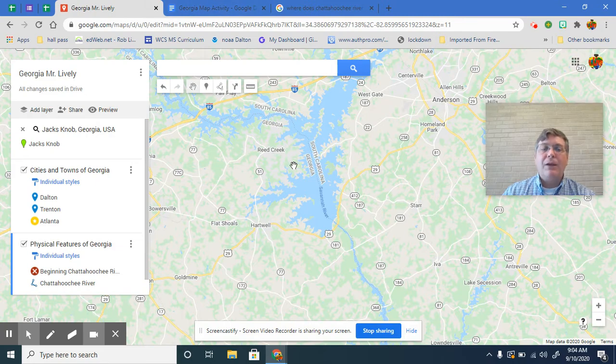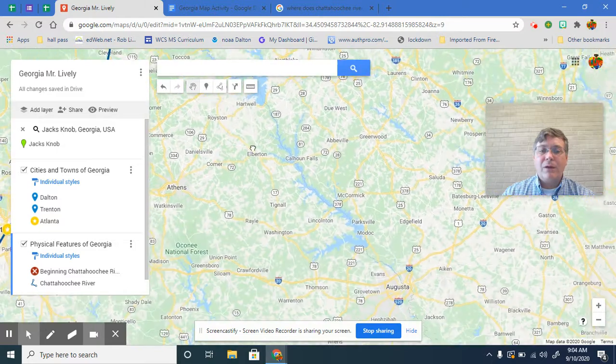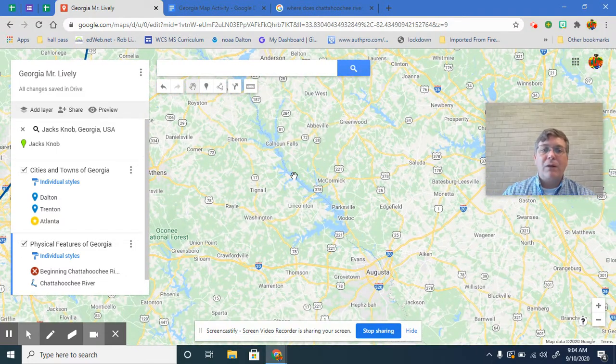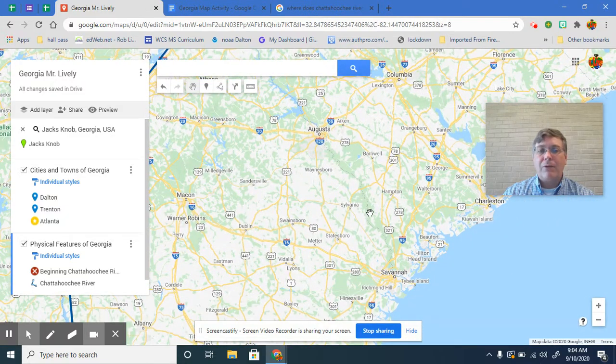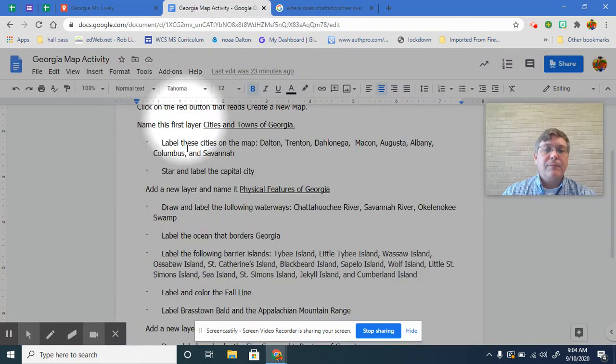And you're going to do the same thing that you did for the Chattahoochee River. You're going to do the same thing for the Savannah River. Again, I don't expect you to follow every little turn and crook, all right? But I do expect it to kind of follow along right down through here. It goes through Augusta, it goes down to Savannah, then it comes out into the ocean right here, okay? So same thing like you did there. All right, after that,